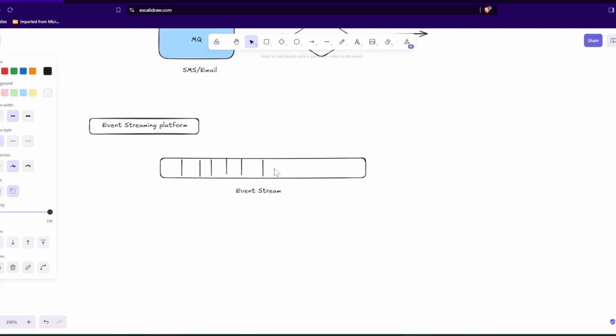So all the dashes that you see over here, these are, suppose, separate elements or messages. Like here one message is there. Suppose here also one more message is there. In this way, the messages are in all of these places, right? In the event stream. Now, what it works as is a persistent,